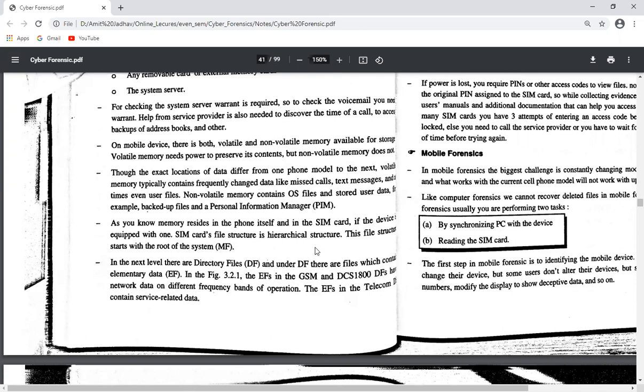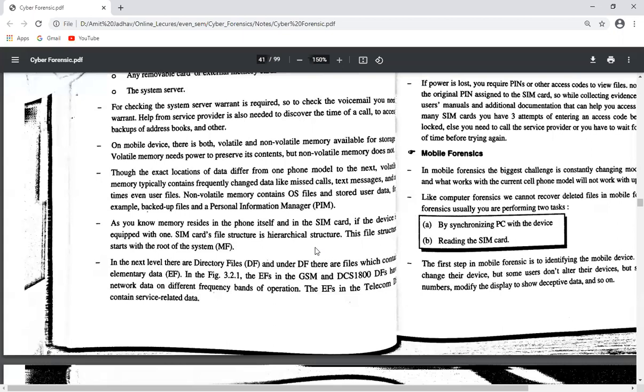Next point is the SIM card reader. With a mobile device, the next step is to access the SIM card using a hardware or software device called a SIM card reader. So there is a SIM card reader also available. We can put it in a SIM card reader and we can get all the data from the SIM card. To use this device, you should be in a forensic lab equipped with anti-static devices. In addition, biological agents such as fingerprints might be present on the inside of the case. So you should consult the lead investigator when you are ready to proceed to this step.